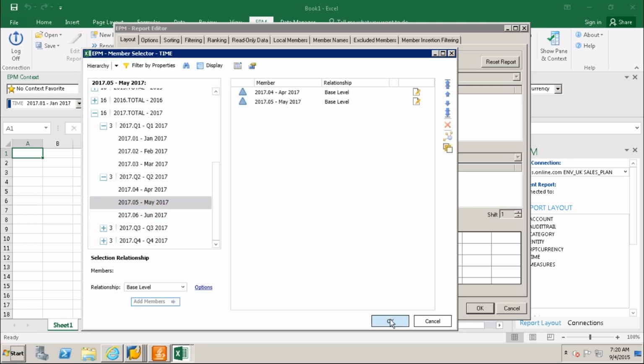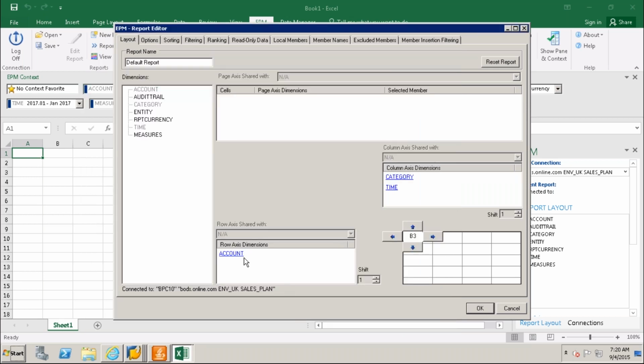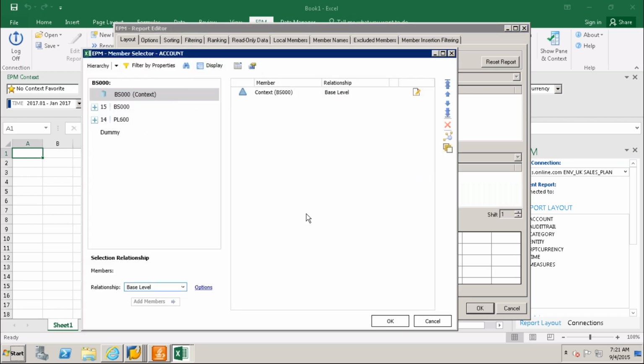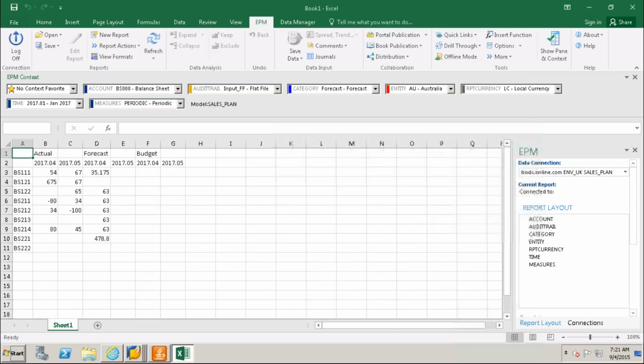I am taking here. Display with the ID. Okay. So this is the values I have.